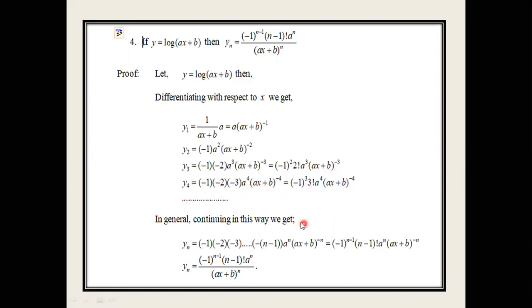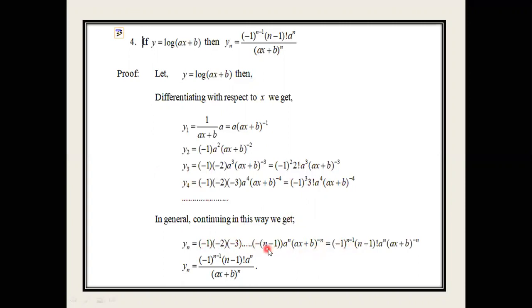So in general, when we find the nth derivative, you can take the common term keeping as it is: minus 1, minus 2, minus 3 up to so on minus of n minus 1, a raised to power n. Because this is the nth derivative, we get a power n, ax plus b raised to power. The more derivatives, the more power it carries, so for the nth derivative we get raised to power minus n. When we take the minus term common, minus 1 minus 1 minus 1, we get raised to power n minus 1.